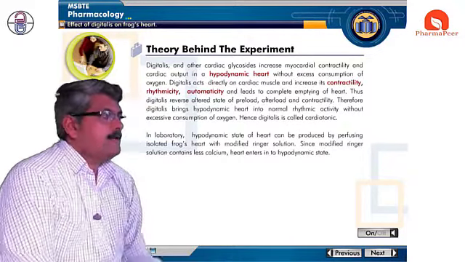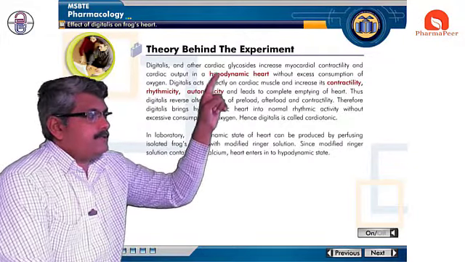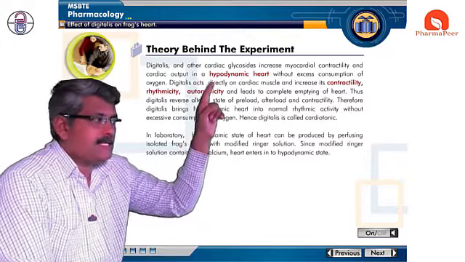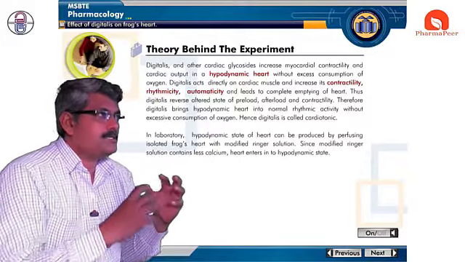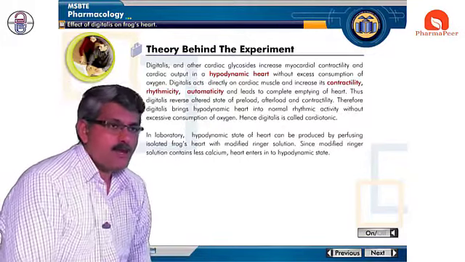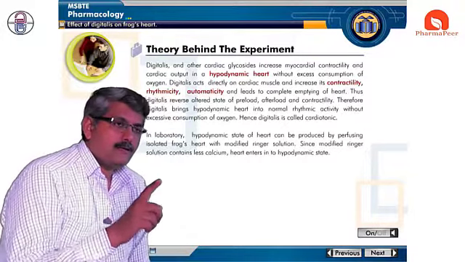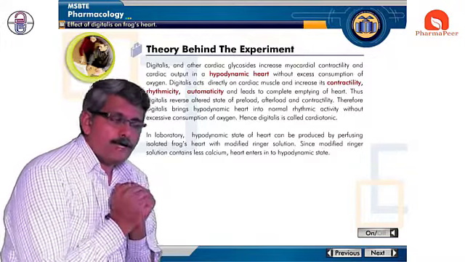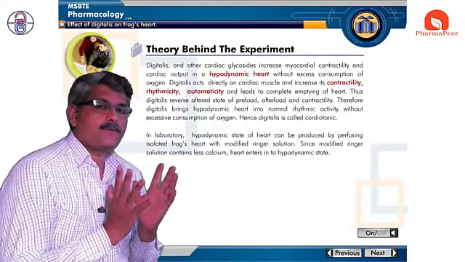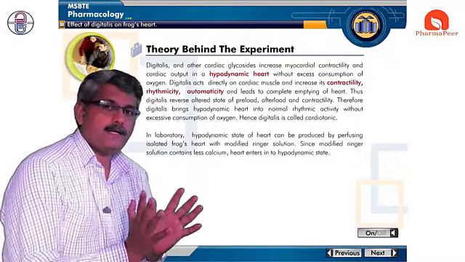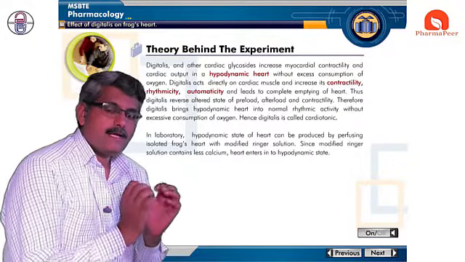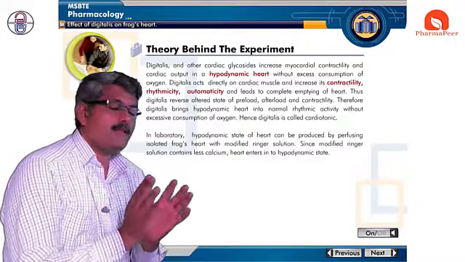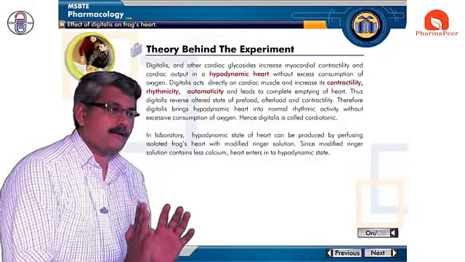In this case, what cardiac glycosides do is keep the heart at its initial level. At the initial state, the hypodynamic heart should start to work. Once it starts to work, then definitely the next step will arise. Means once it is fully contracted, then the next step, full relaxation, will definitely occur. For that, initially full contraction is needed, and for the full contraction again nutrition as well as oxygen is needed.